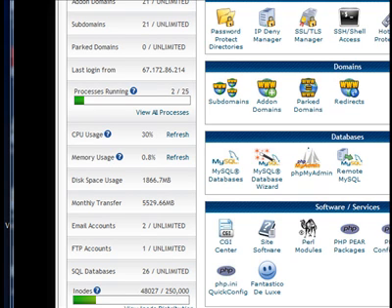Hi, this is JT Pratt, and today we're going to change the default prefix on our WordPress database tables. The reason we want to do that is when you install WordPress, by default all the tables start with WP underscore. There's nothing worse than having a default installation of WordPress where the hackers know exactly what the tables in